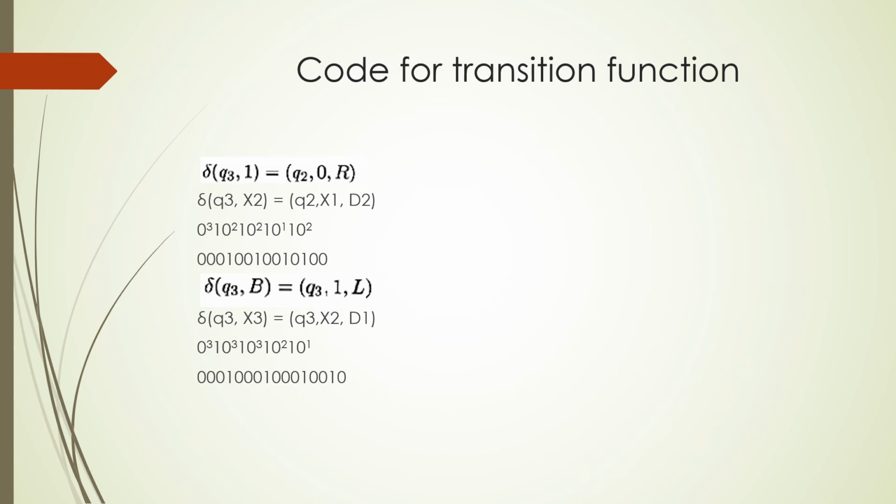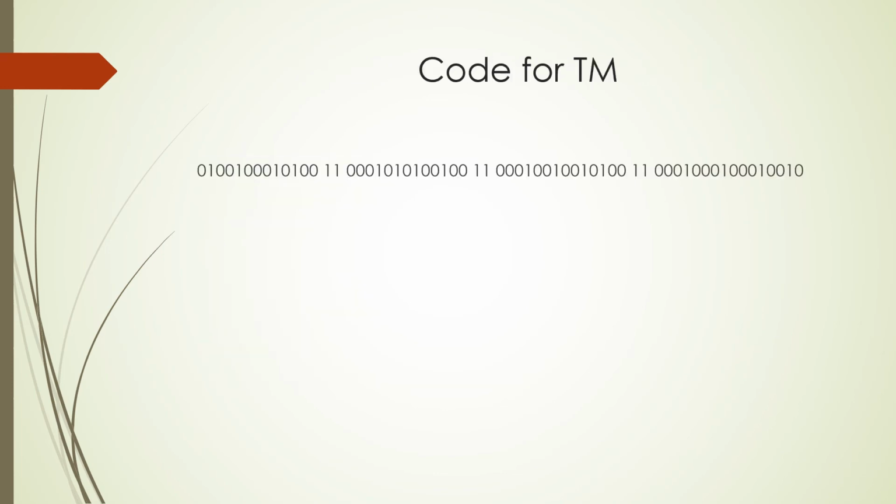So now we have encoded. In our example, we have taken a Turing machine which consists of 4 transition functions, and we have encoded all 4 of them. Now it is time to club all the transition functions together. It is not necessary that a particular order be followed while writing this. Any order can be followed for writing the code for the Turing machine, but we should not repeat the encoding of a particular transition function more than once.